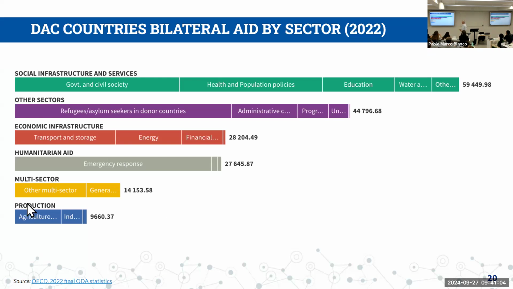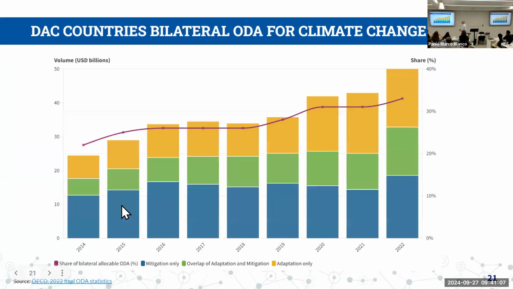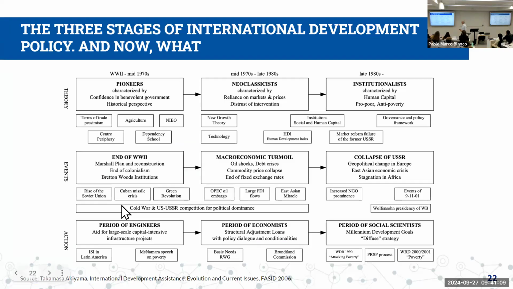So please do remember, just to refresh your mind, the three periods we have been talking about. That is the social scientist period, where we could argue most of it ended in early 2010, 2015, with the new challenges that we saw in the second session, the new geopolitical situation, the new global challenges,